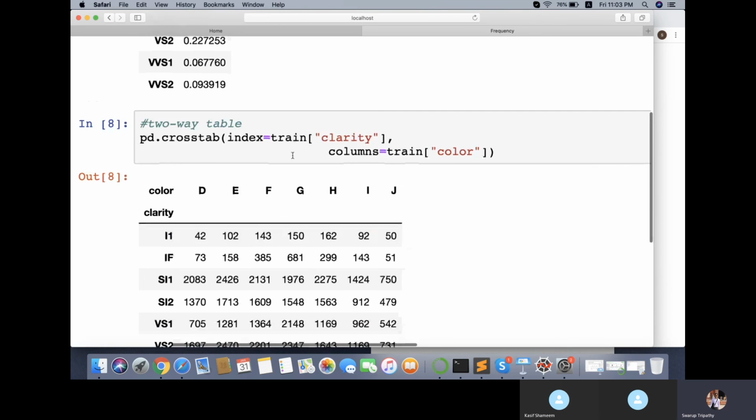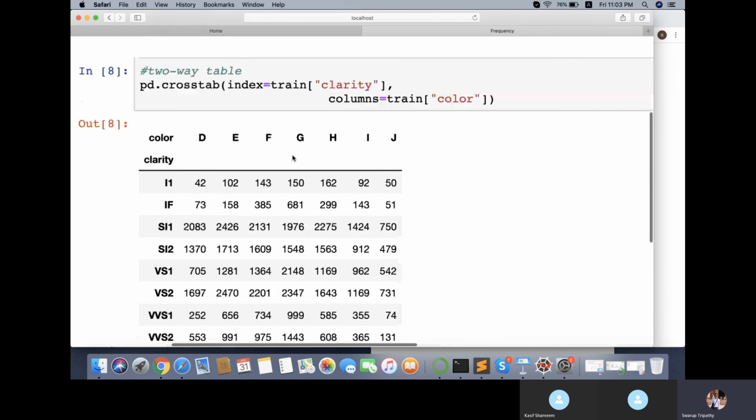Okay, so next we'll see a two-way frequency table. What we saw so far was a one-way frequency table. Now you will see two-way. Two-way means when you have two categorical data and you want to take both of them into consideration and associate a number to it, it is called a two-way frequency table. So you want to find the frequency of two categorical data combined.